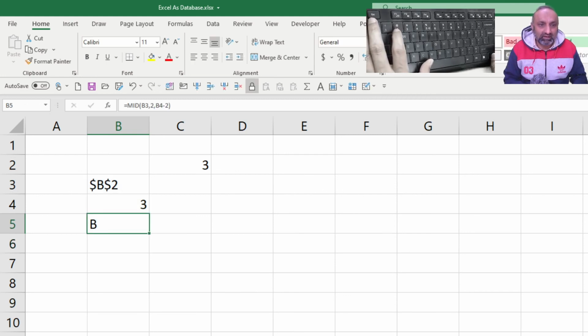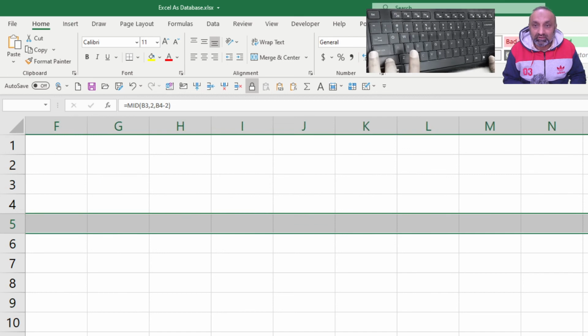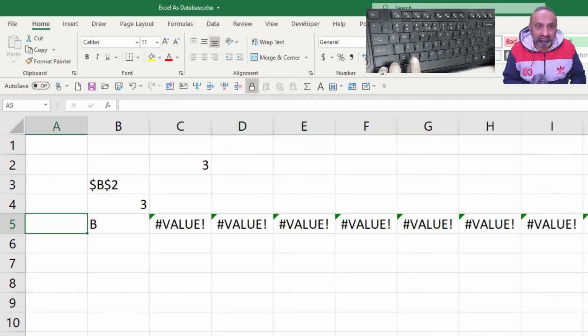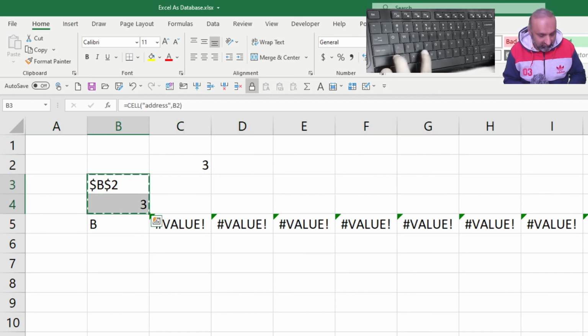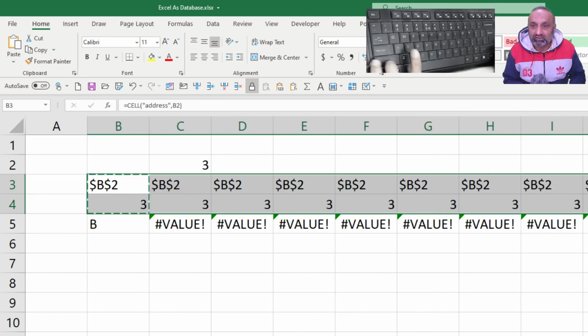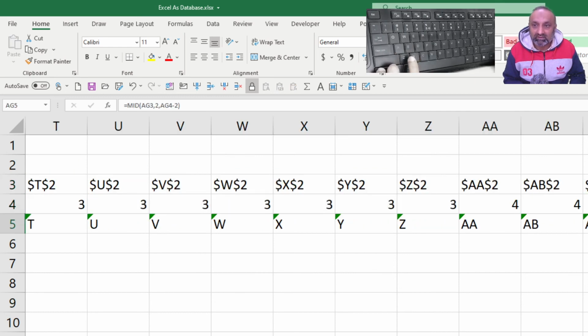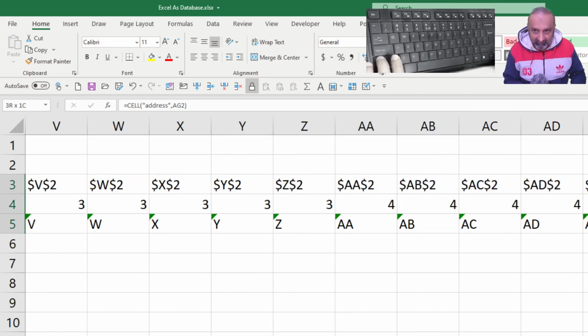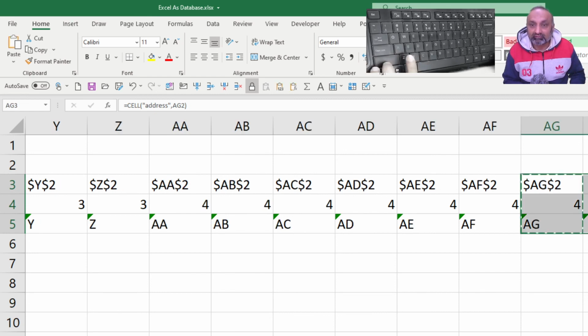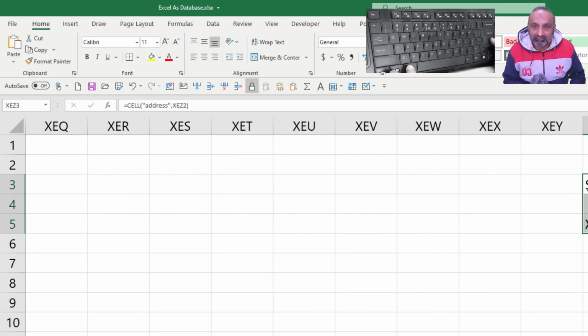Is it right? I've got the B. Let's copy it and see if it works. No, it is not working because we don't have these equations over here. So element A and G. Let's see if these equations work when we have 3 characters, X, F and T.